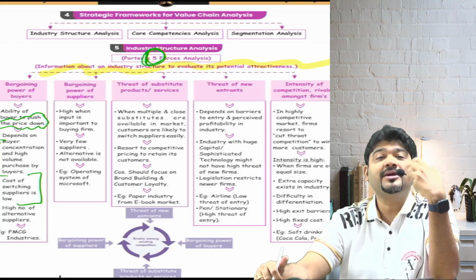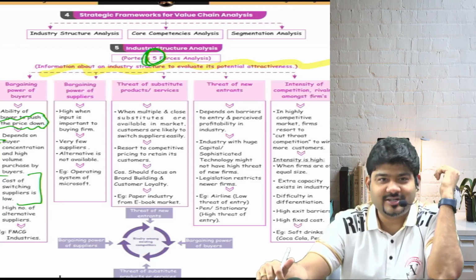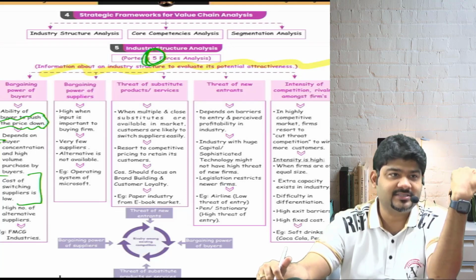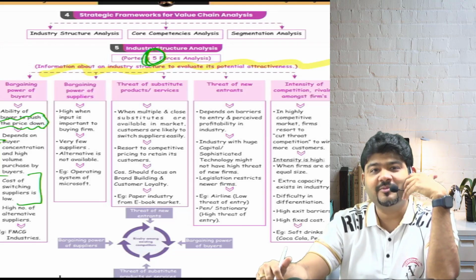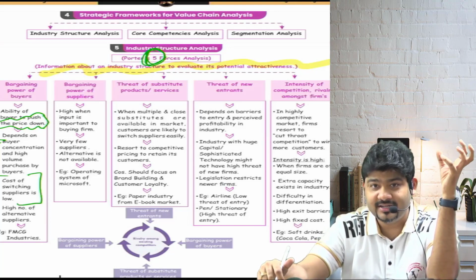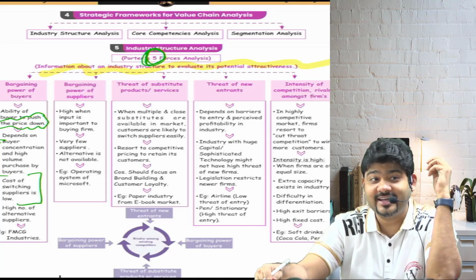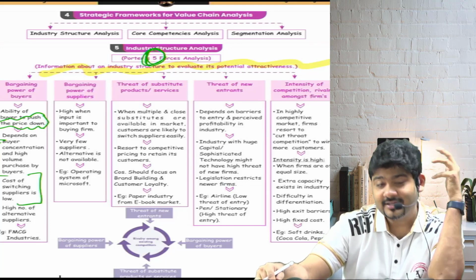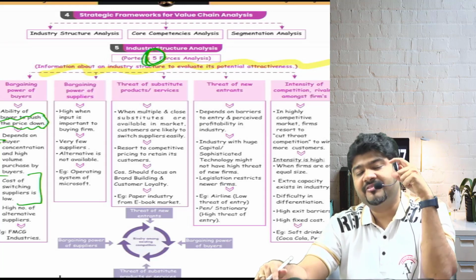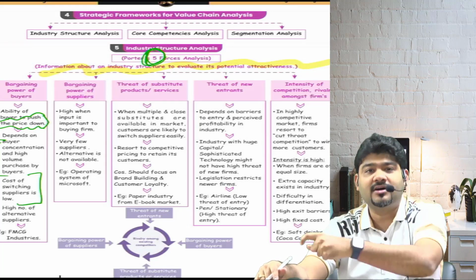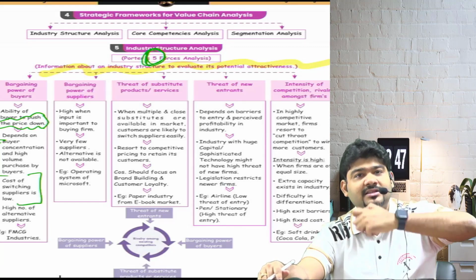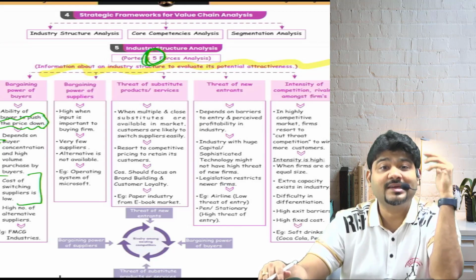When you want to replace a chartered accountant, suppose you are the chartered accountant of a company, and you have to be replaced, then it will not be that easy. Is it easy to replace a chartered accountant with a new one? Not easy. You will require so many formalities, plus so much financial information is with the first chartered accountant. Some of it may leak. So basically, the cost of switching suppliers is whether there is a cost attached to it or not. If it is easy, then again the bargaining power of the buyer increases.